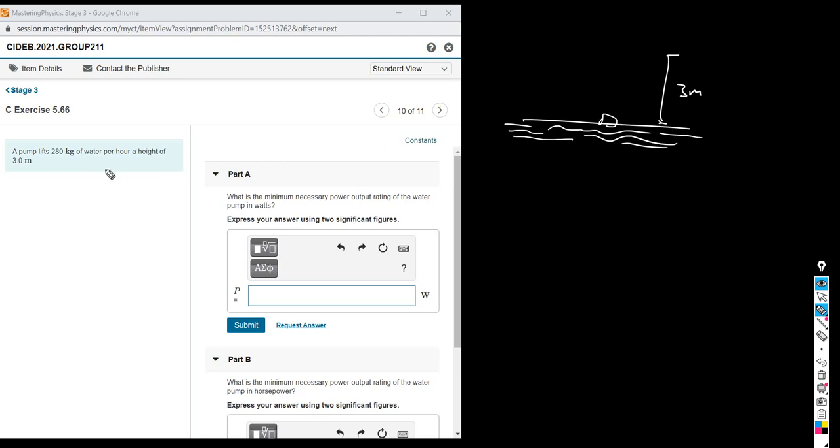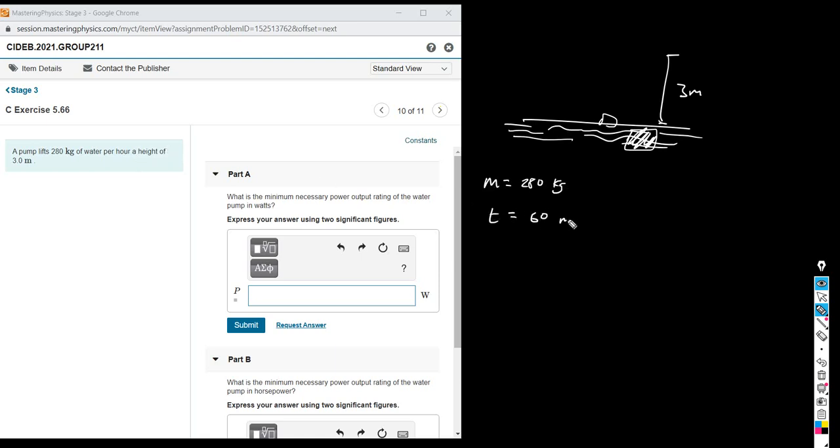Okay. And it's going to pump this much water, guys. 280 kilograms of water per hour. And it's going to lift water to a height of 3 meters every hour. How much water? 280 kilograms of water. So you may think of this as a certain package of water, and that package has a mass of 280 kilograms of water, and then over 1 hour,